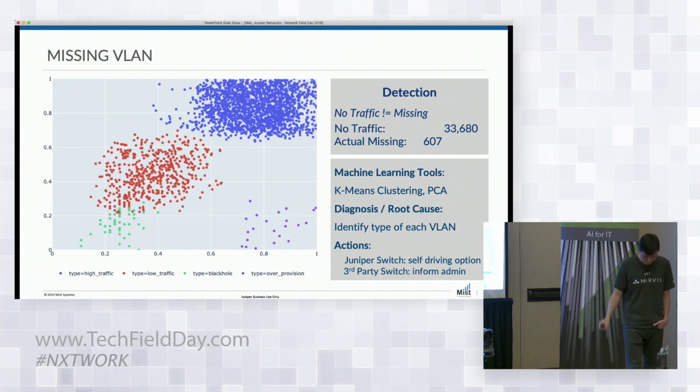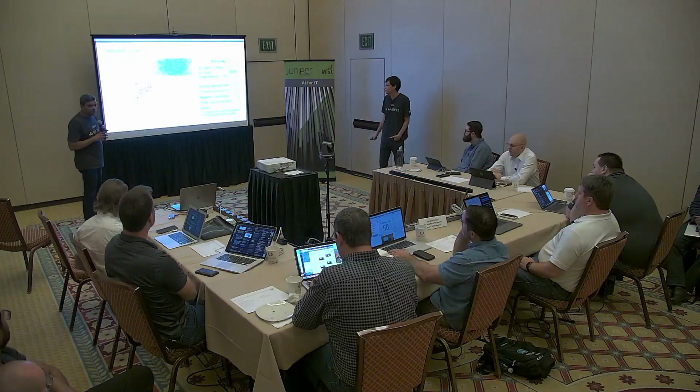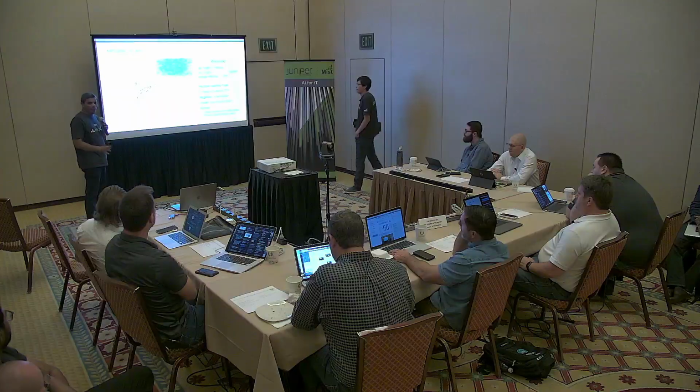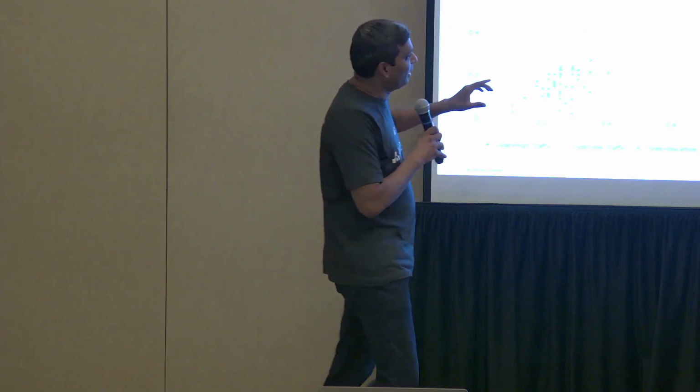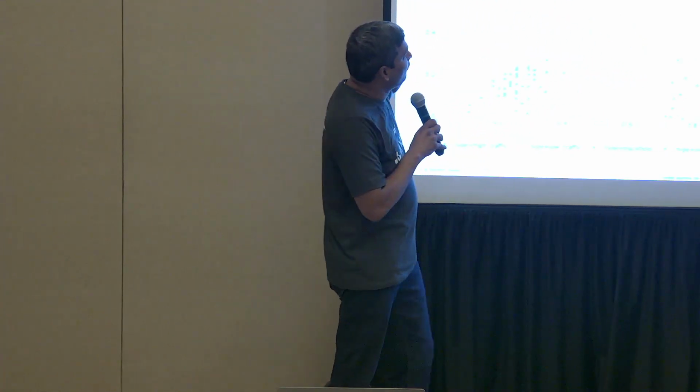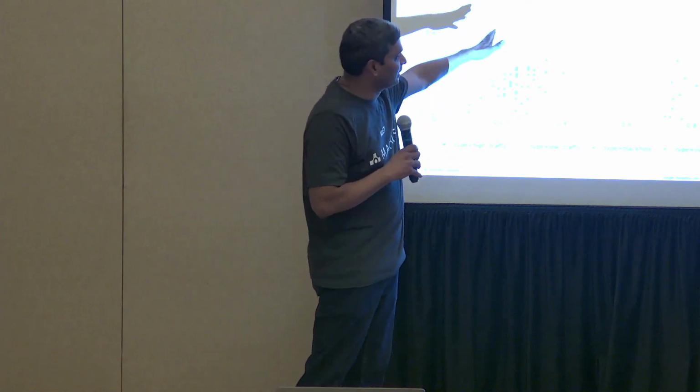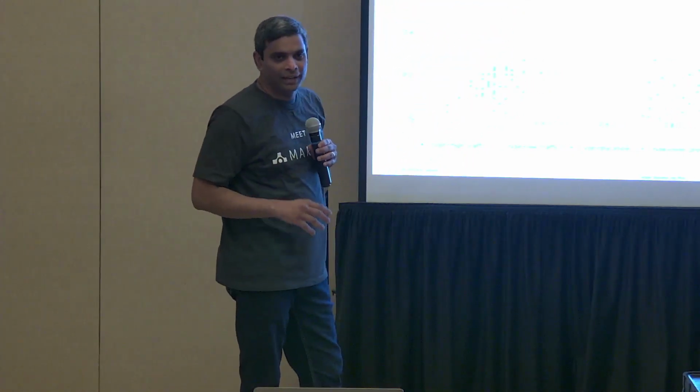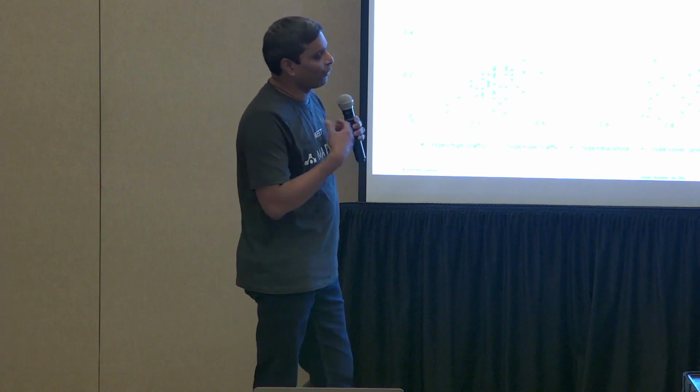Before you move on, Jisheng, this actually speaks to age-old problems that are pretty mundane but can truly benefit from unsupervised machine learning, because they had no idea. We're not characterizing manually, this is a high-traffic VLAN, this is a low-traffic VLAN. So for us, this is awesome. This is like Disneyland. We have so many problems that we can apply these tools to that we can eliminate,